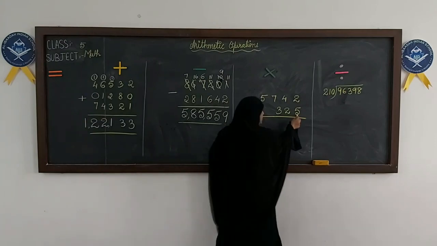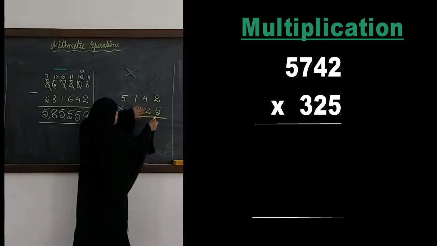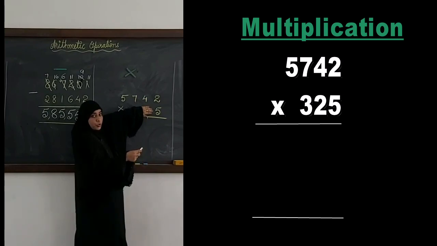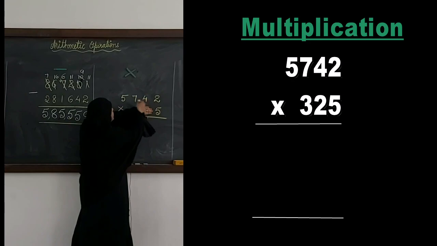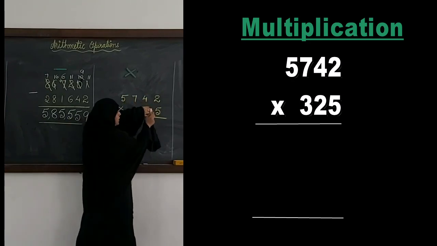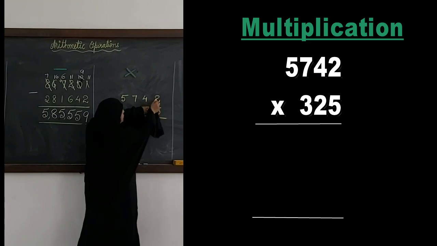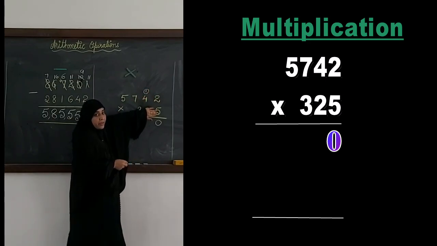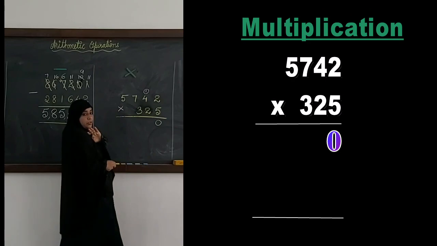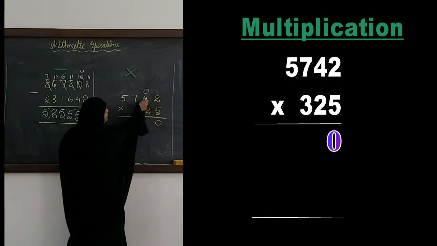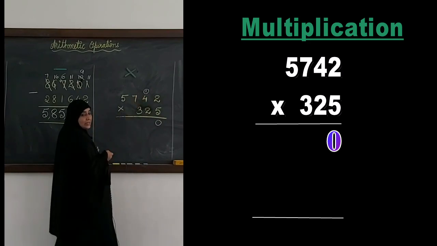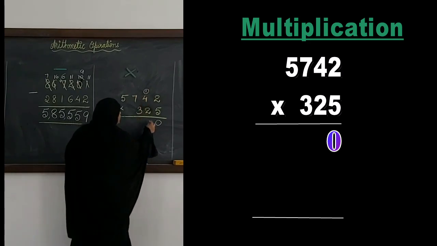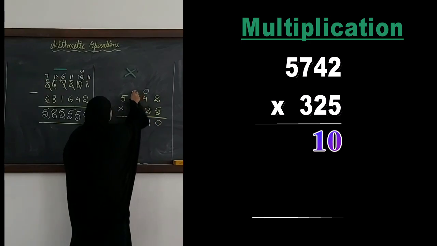First we start with 5. You don't have to bother about the other 2 digits, only look at 5 and this number. At a time we will do the multiplication. 5 into 2, 5 into 2 is 10. 0 and then we carry 1 over here. This is our first step of multiplication only with 5. You don't have to look at 3 or 2. Then again 5 with 4. 5 4s are 20. 20 plus 1 will be 21. 1, and 2 we carry to the next place.